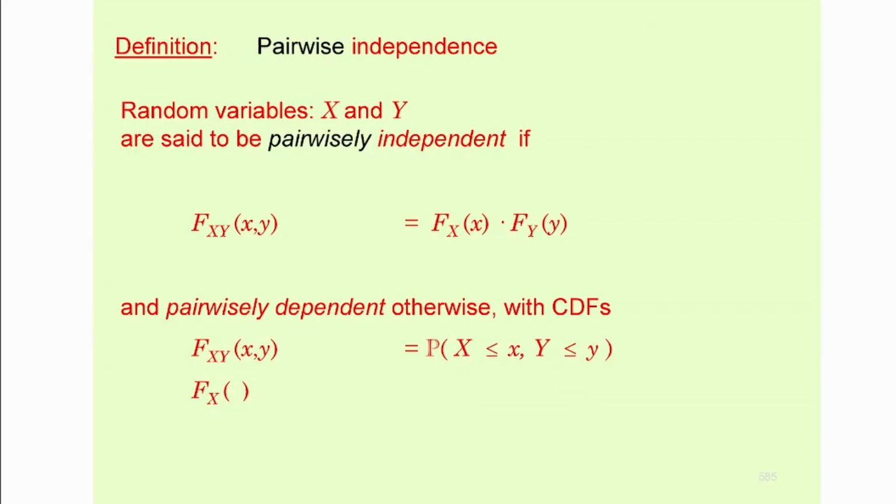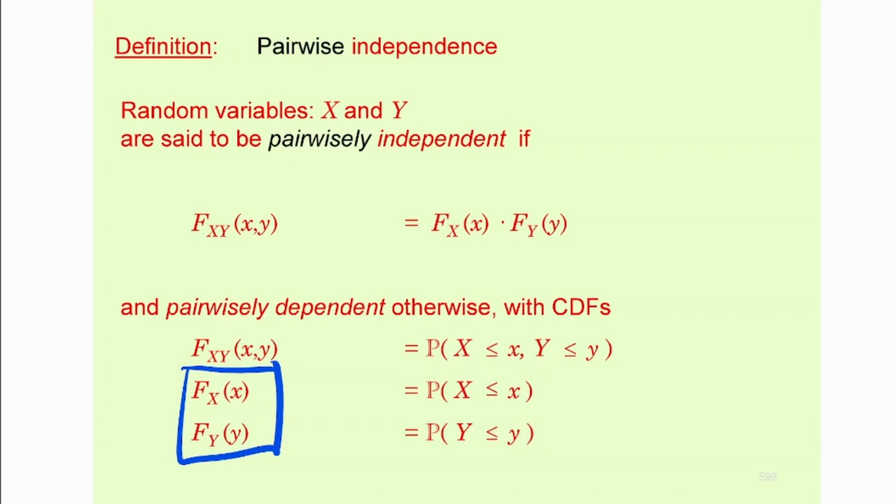Now, of course, these are the marginal distributions. You saw cumulative distribution functions of random variables already, so we don't need to consider them again. If the product of these two is equal to the joint, then they are called pairwise independent, and not pairwise independent otherwise. Again, this is not a practical concept, to be honest, because the marginals are also going to be hard to get, but the joints even more.